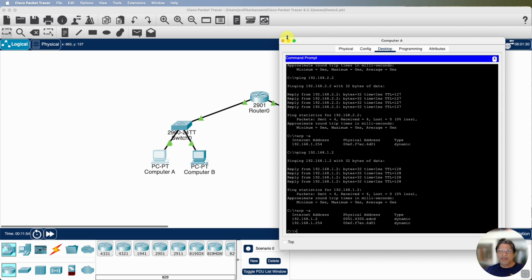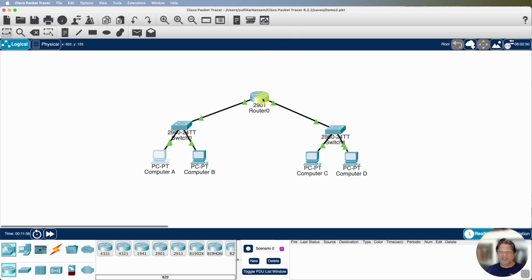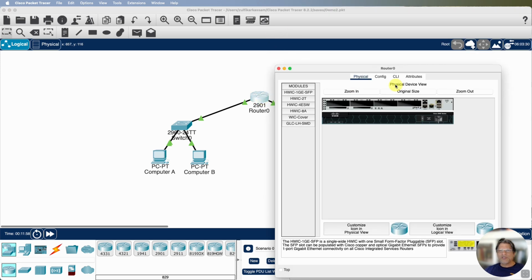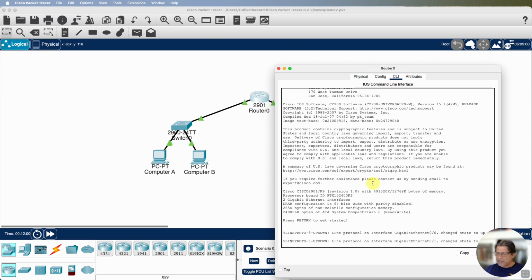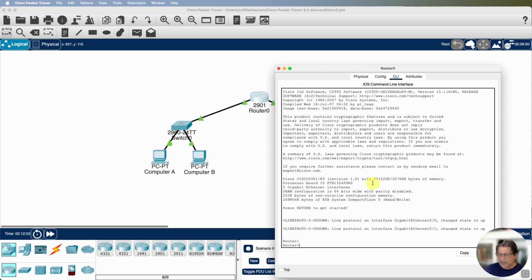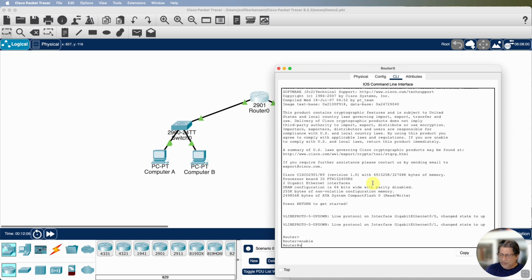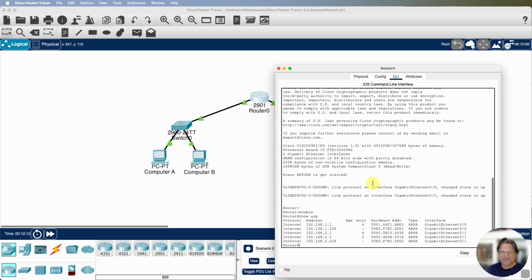The router will have its own ARP table. So now let's go onto the command line interface on the router itself, right? So we'll go enable here. Okay, now for the router, we can say show ARP. So you can see the router has learned quite a few